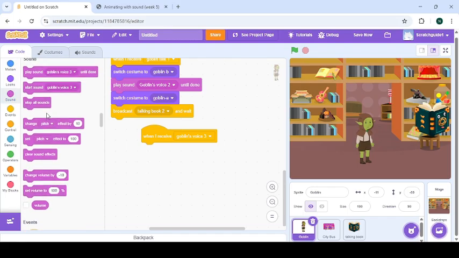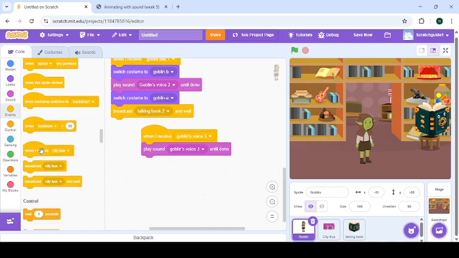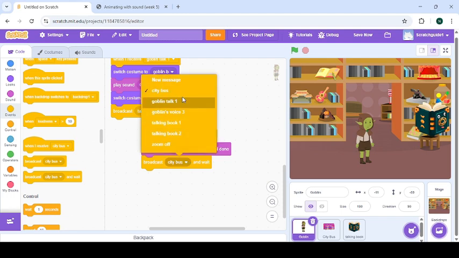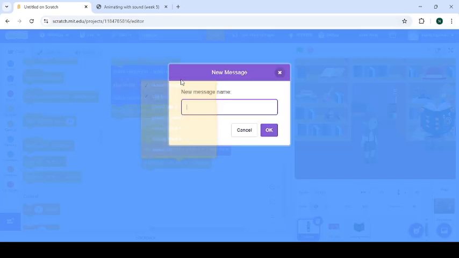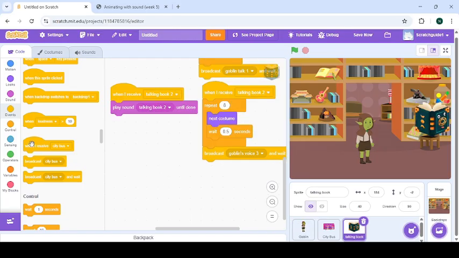Go to your sound, drag the play sound voice and drop it here. Can't wait to hear your storybook. Can you start already? And then the book will start telling Goblin a story. But Goblin will have to pass a message to the book. Broadcast the message. Let's name the message Story Time. Create a new message and name it Story Time. Okay. So when the book receives Story Time message, when I receive Story Time,